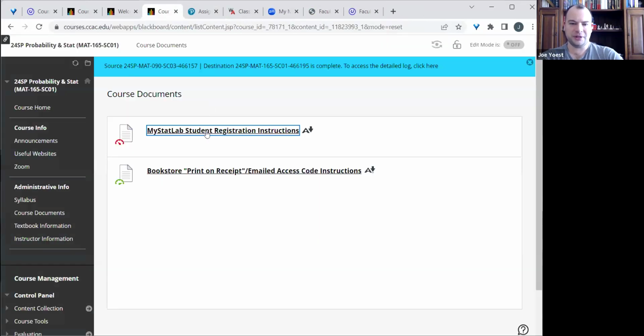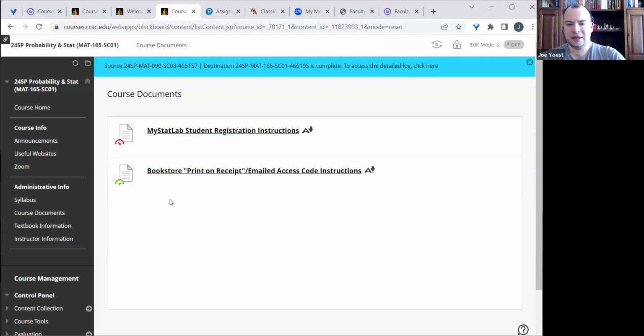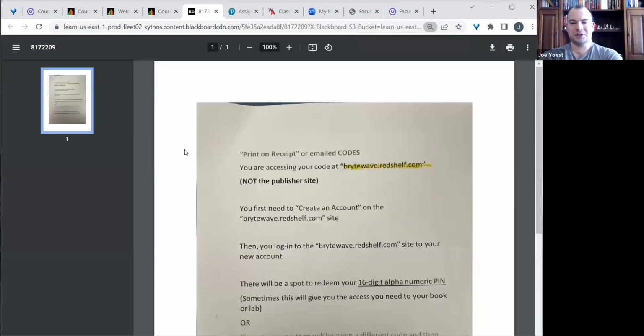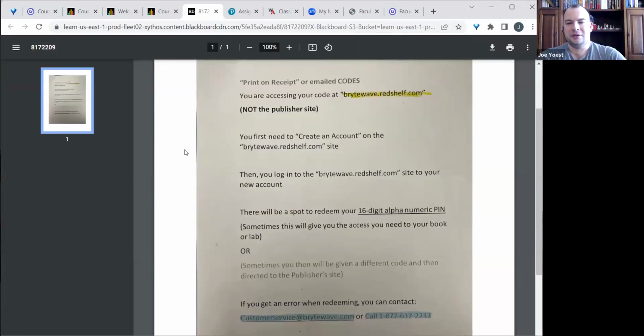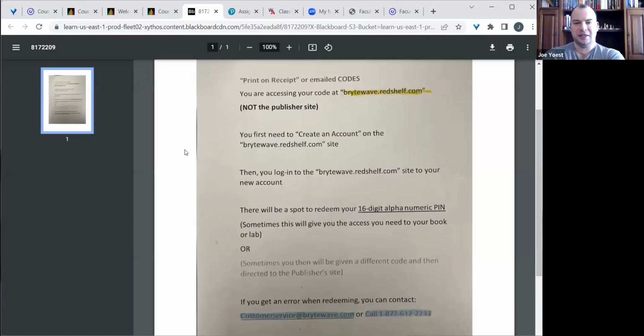There is a 2-week free trial, so you can create an account, get logged on, all of that, even if you don't have your book or access code or any of that yet. If you buy an access code from the bookstore, one thing they've been doing recently is, a lot of students get confused by this. The bookstore will give you a code, but it's not the code for MyMathLab or MyStatLab. It's a code for this